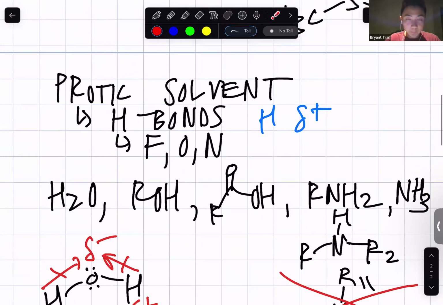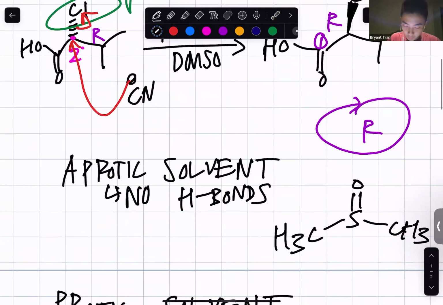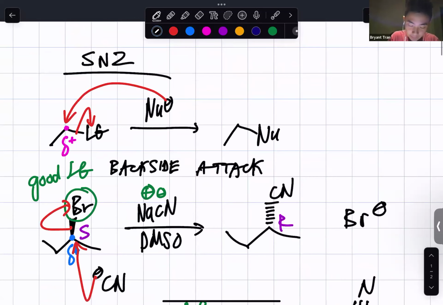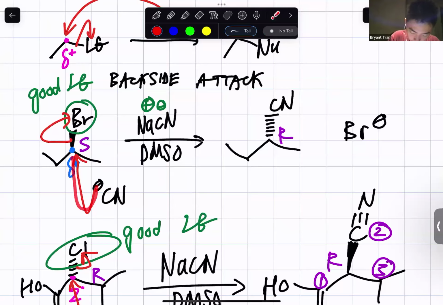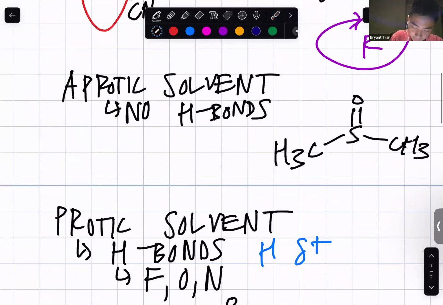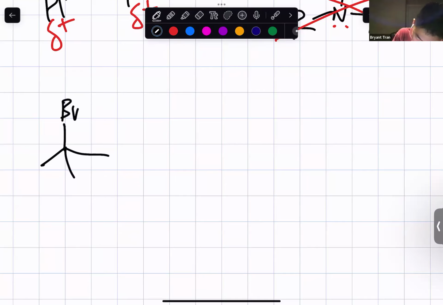Okay. Now, another important factor about SN2 reaction is that it's going to prefer less steric hindrance, because we notice here that when we do the reaction, when the nucleophile approaches the electrophile from the backside, it needs space to do that, right? This is a secondary substrate here, meaning that it's attached to 2 other carbons. If we try to do SN2 with a tertiary carbon, that won't happen because it's too much steric hindrance, right? So let's say we have something like this with bromine, and if we do NaCN,